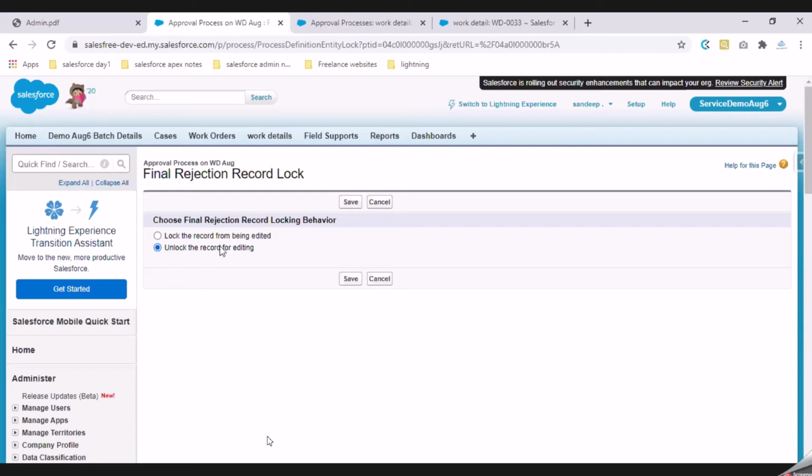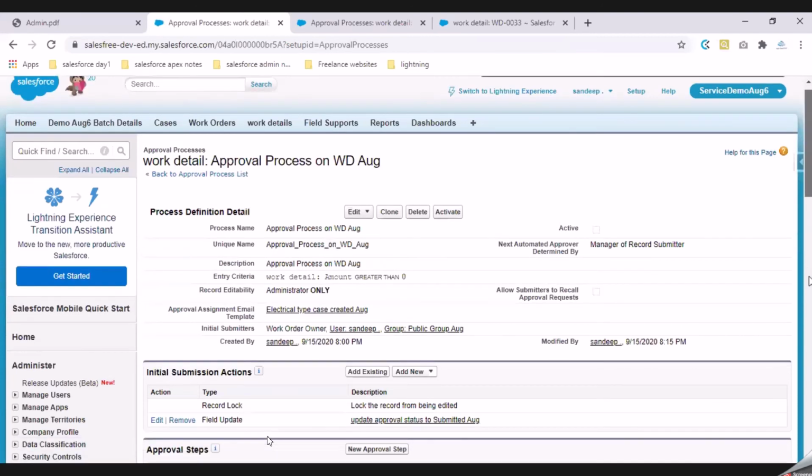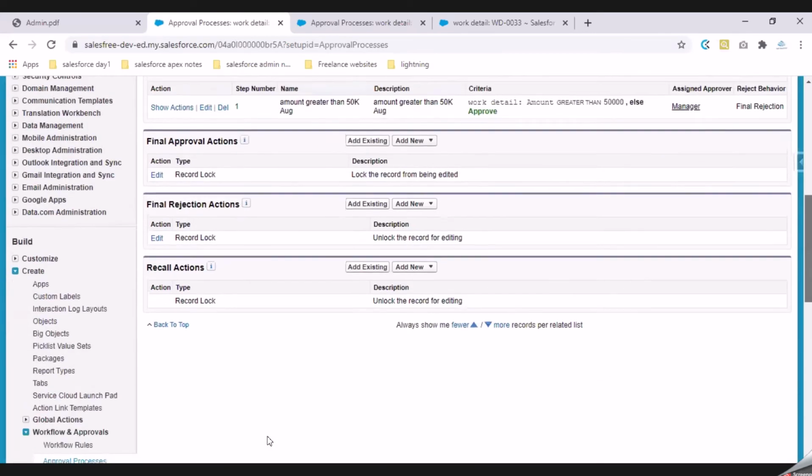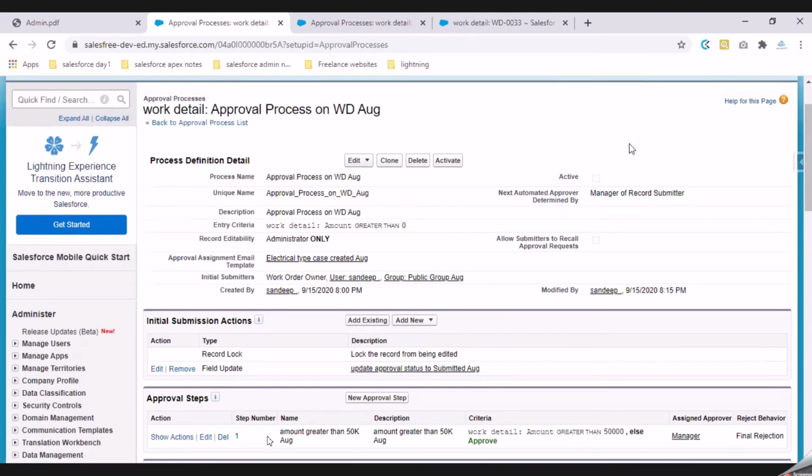As a part of our discussion and my requirement, I want to unlock that record so that the user can make some changes on that record and submit that record for another approval process. So that is why I'm keeping it as unlocked. Right? Now we have completed the process of setting up our approval process. The only thing that is pending is